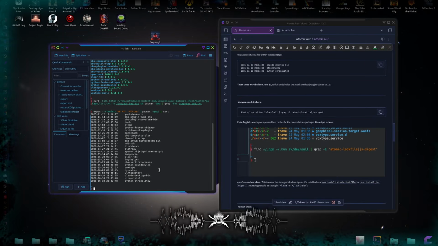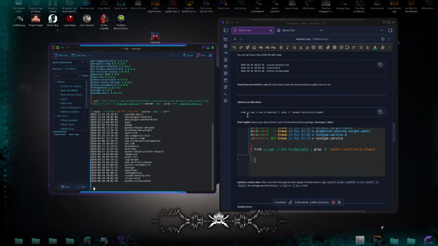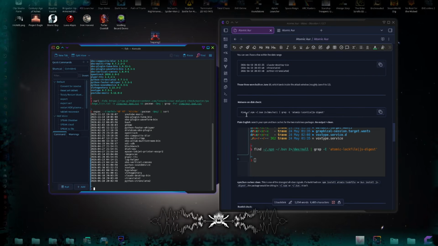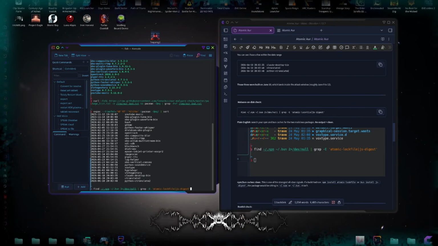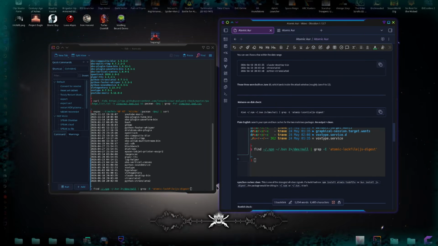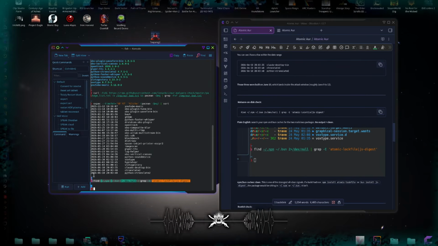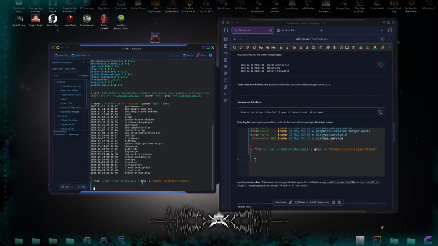Now, last but not least, this is going to be checking for the file. So we were able to check our packages, see what we had going on. But what this is going to do is see if we can find that atomic lock file, the file that is infecting the computers on your PC. So you can enter this in right here. It just is going to search for the file. And you can see mine came back as 0, which gave me a hell of a lot of relief. So yeah, my computer is clean.